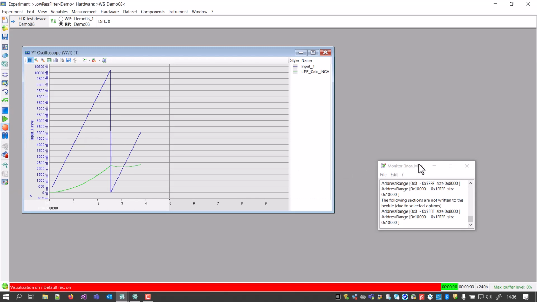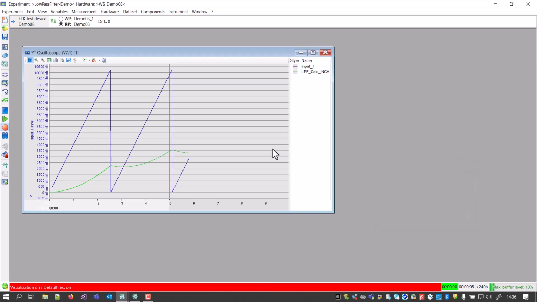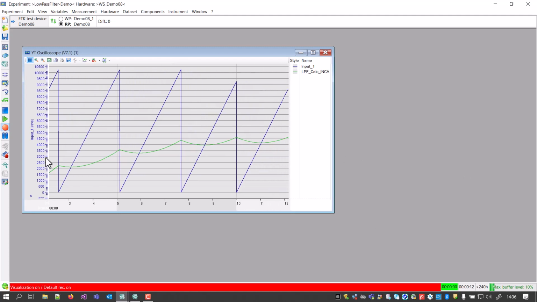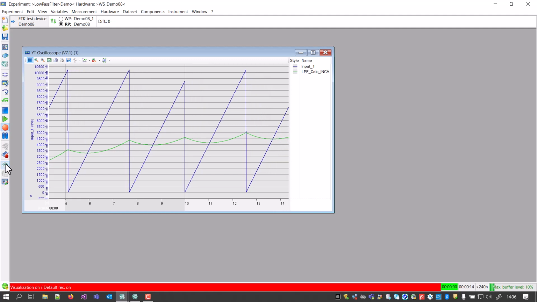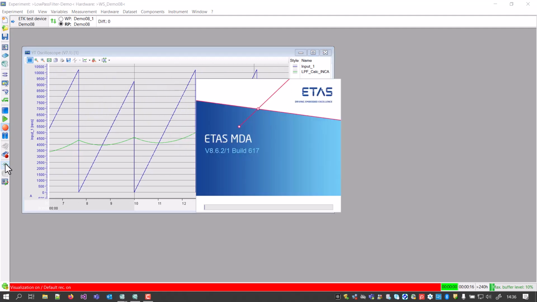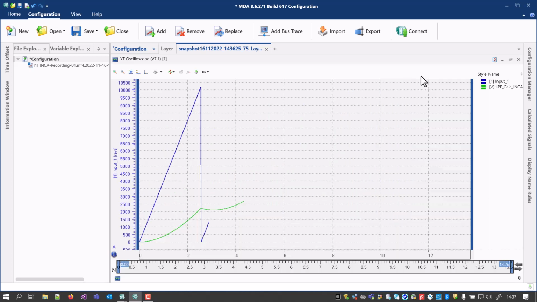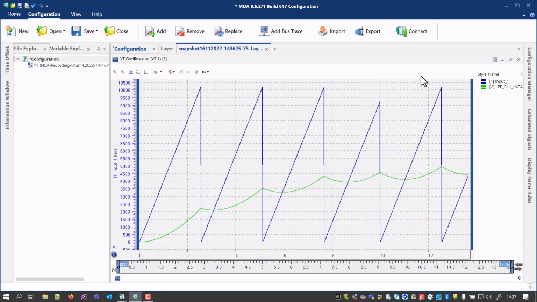Although the filtering for the signal in my example is not really meaningful, it can be used to demonstrate the general behavior. Even while the recording is still running, MDA can be triggered by a so-called snapshot recording. This allows to analyze the data which was already recorded. When snapshot recording is done, Inca creates a configuration file in the XDA format. This is imported by MDA and used to reconstruct the views from Inca.